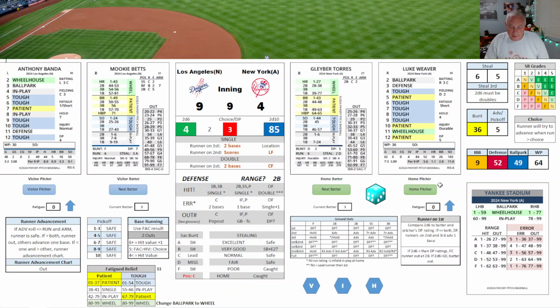Buehler gives up 4. The bullpen comes in, and they don't give up another run. On the flip side, the Yankees bullpen gets torched. They give up 5. They got 5 in 7 innings. So that will do it for Game 3. The final score: the Dodgers 9 runs on what? 1, 2, 3, 4, 5, 6. 17 hits. Wow. 4 runs, 3, 4, 5, 6, 7. So 9 runs, 17 hits for the Dodgers, 4 runs, 7 hits for the Yankees. That's going to wrap it up here from Yankee Stadium. Game 3 of the series is done.